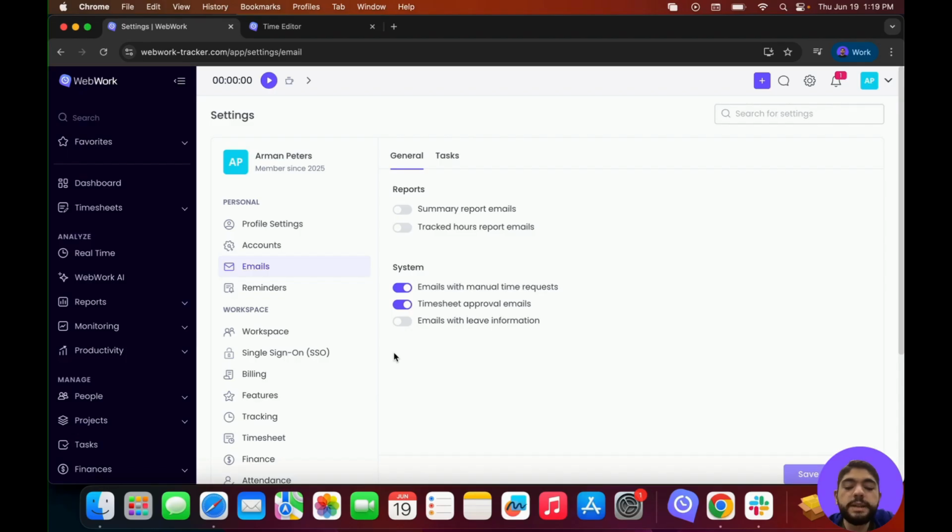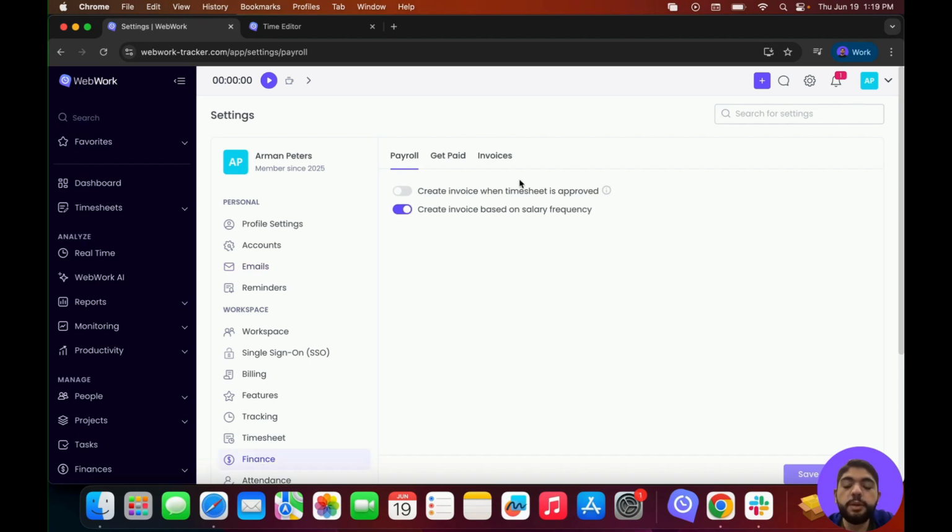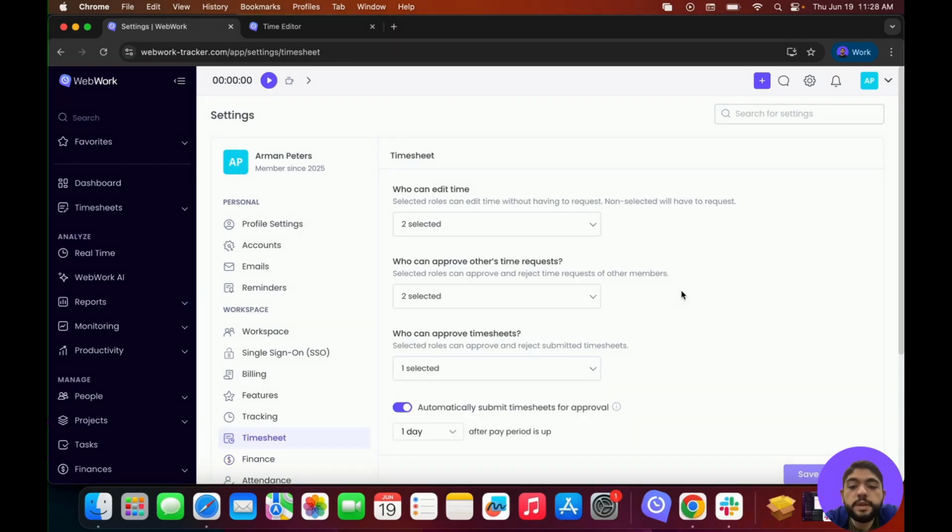You can also make it so whenever a timesheet is approved, an invoice will be automatically created. You can do that by going into the Finance section, and from here you can enable Create Invoice when timesheet is approved. Now, if you want to remove timesheet approval from your members, you can do that by going down